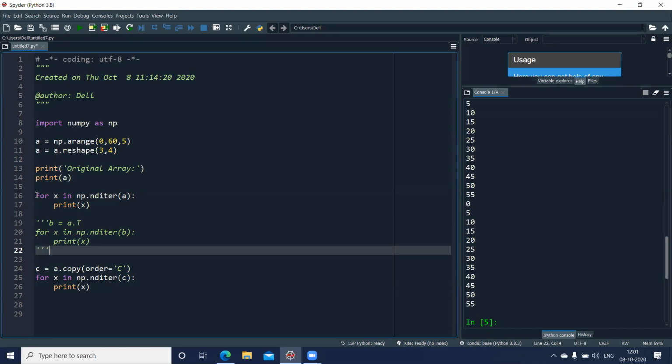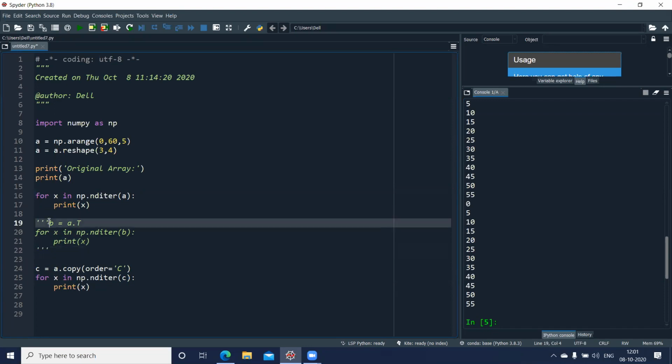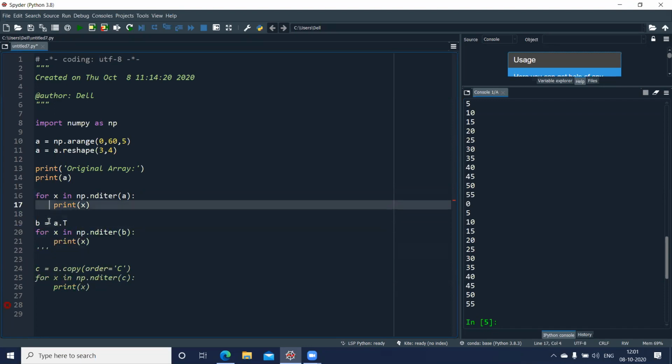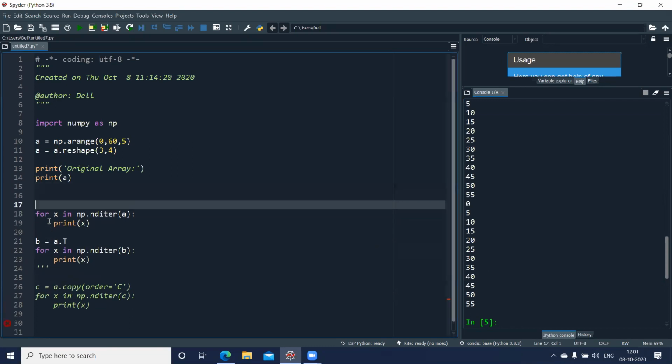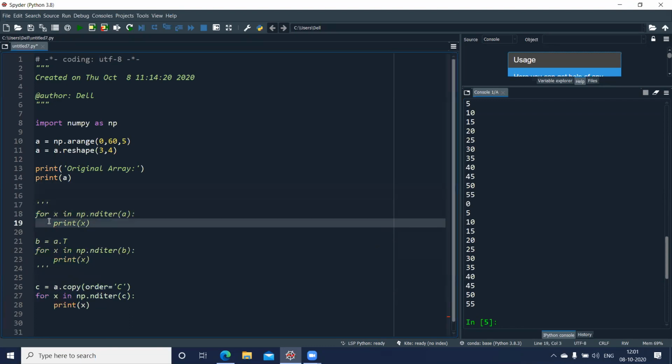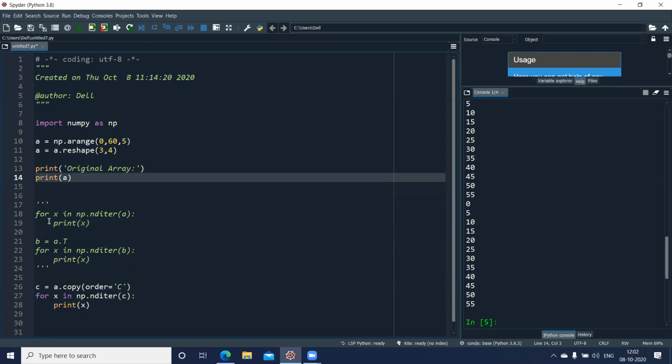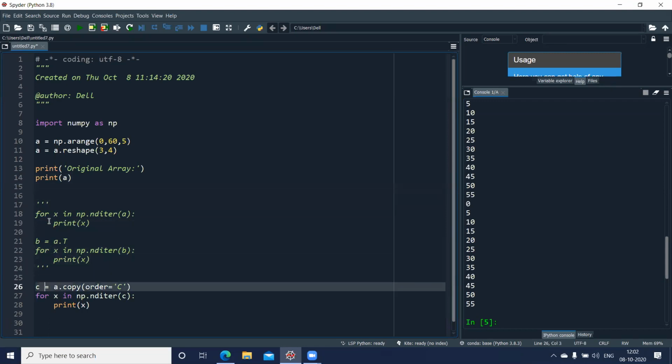I'll also comment this one, so let me comment from here. Done. So I'll have only the original array and I'll have the values which are displayed from C. I'll run this. Now you can see by default, as in the previous case also, it was accessing the rows first.